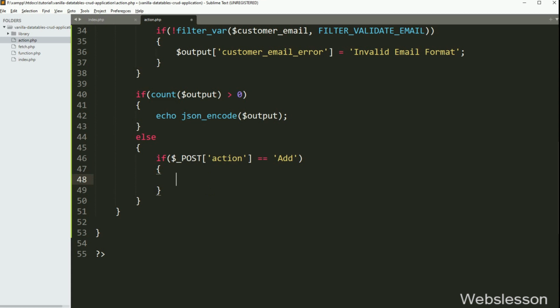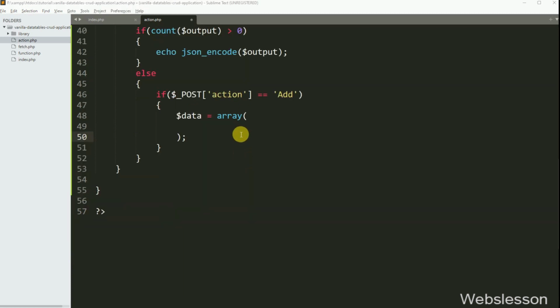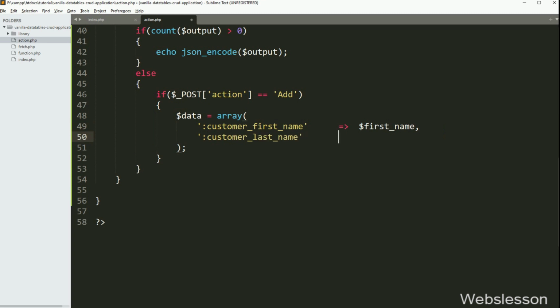Under this block, we have written the $data variable is equal to an array. In the array's first key, we have written customer first name, and in value, we have written the $first name variable. In the second key, we have written customer last name, and in value, the $last name variable.